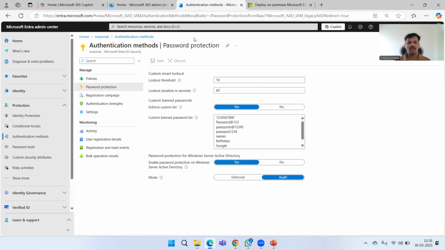So let's talk about the lockout threshold here, right? So lockout threshold is something when user tries to change password and